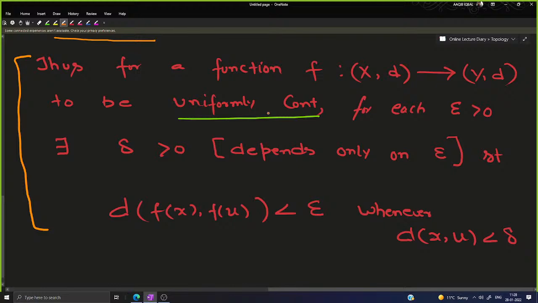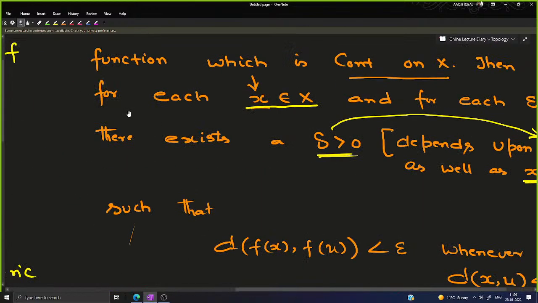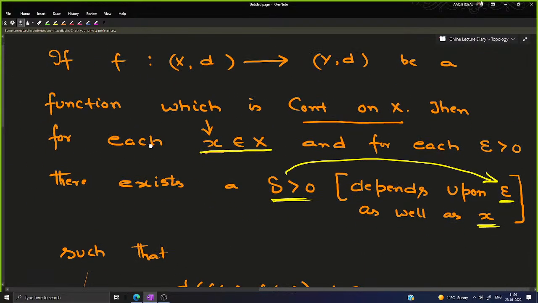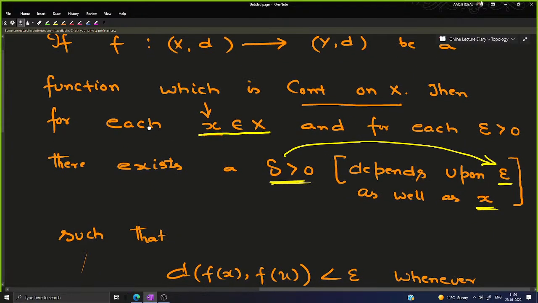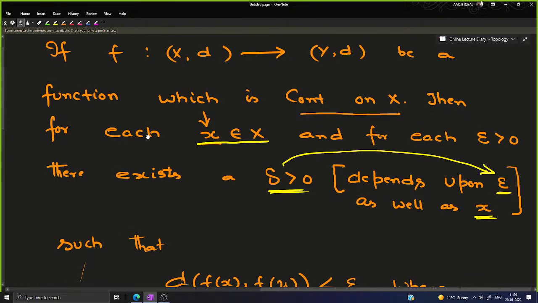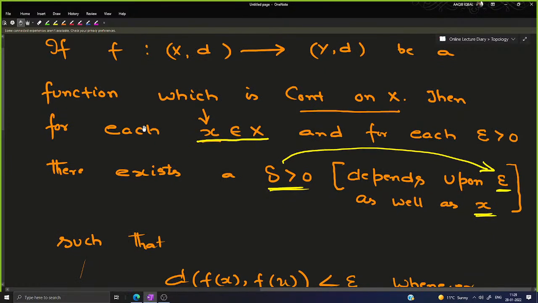अब अगर आप इसको कंपेयर करेंगे विद द एप्सिलॉन डेल्टा डेफिनेशन ऑफ ऑर्डिनरी कंटिन्यूटी, आप मुझे बता सकते हैं कि डिफरेंस कहाँ कहाँ पर है। सर, वहाँ भी हम पॉइंट पे डिफाइन कर रहे थे। नहीं नहीं, मैं कह रहा हूँ ना, आप इसको यूनिफॉर्म इंडिपेंडेंट होते हैं पॉइंट्स, डिपेंड करता है एप्सिलॉन पे, वहाँ पे डिपेंड होते हैं पॉइंट्स पे। कंटिन्यूटी में आपका आंसर कुछ हद तक सही है, अगर आप थोड़ा सा इसको इम्प्रूव करेंगे ना।